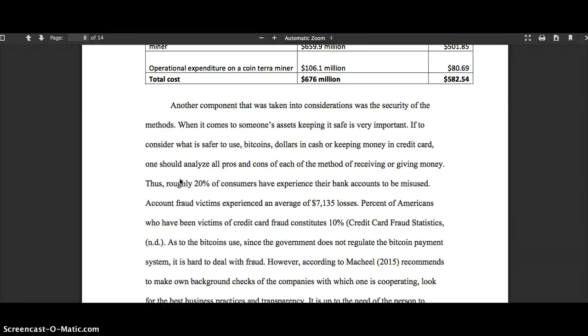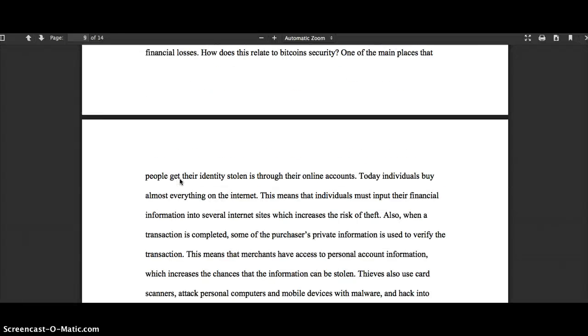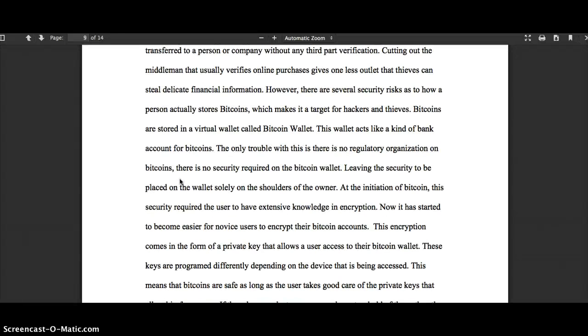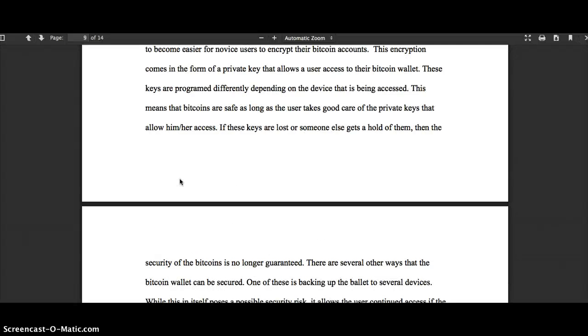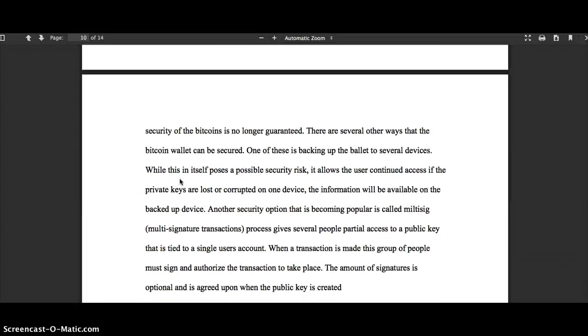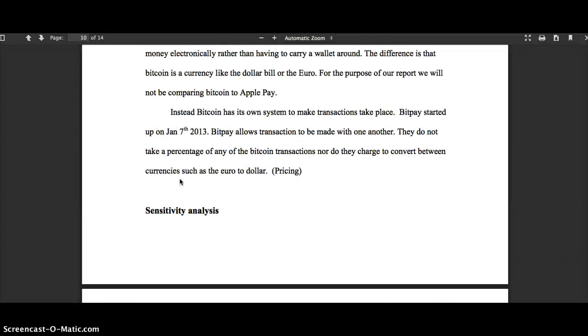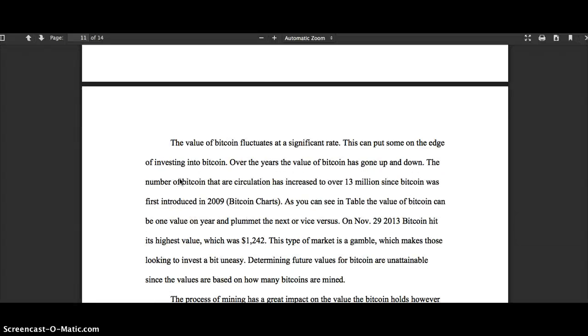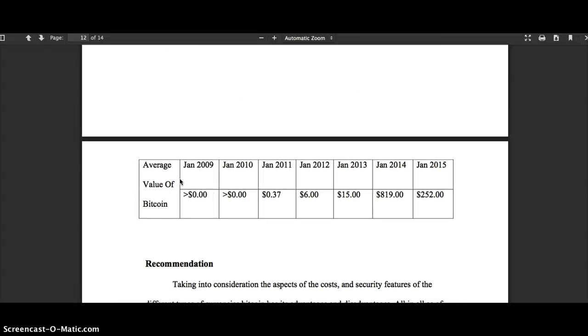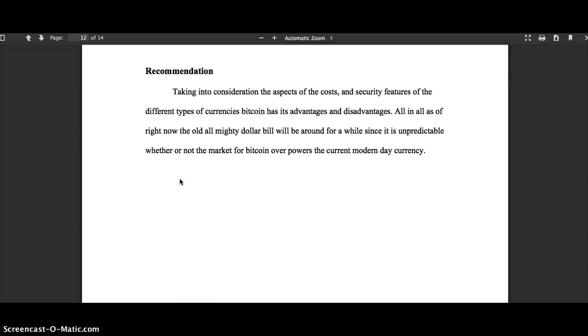The last section you discussed was the security section, which I think was probably one of the strongest sections in there because it's definitely something that you had to take into account. So great job in doing that. Again, though, when you get to the recommendation, there is no recommendation. There's nothing for someone to act upon in here.